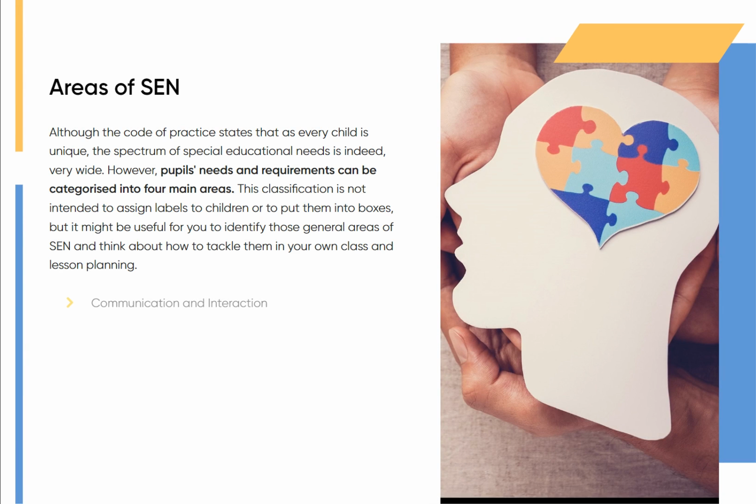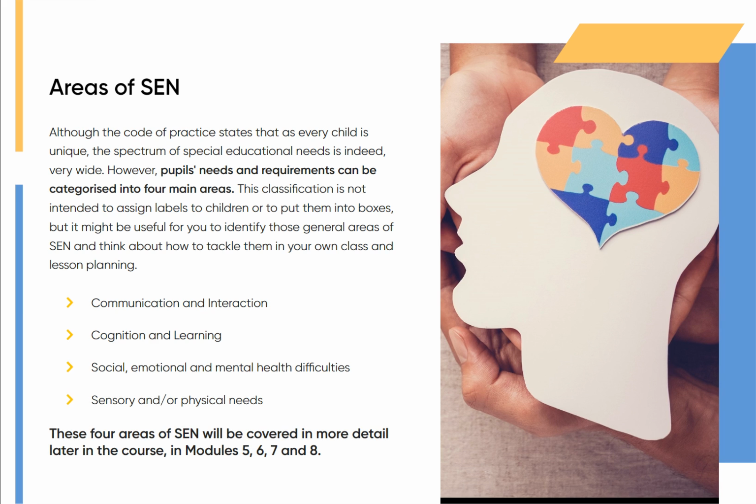Areas of SEN. The Code of Practice states that every child is unique and the spectrum of special educational needs is indeed very wide. However, pupils' needs and requirements can be categorized into 4 main areas. This classification is not intended to assign labels to children or to put them in boxes, but it might be useful for you to identify those general areas of SEN and think about how to tackle them in your own class and lesson planning. Communication and interaction,